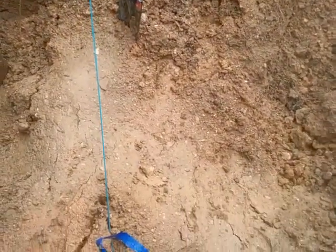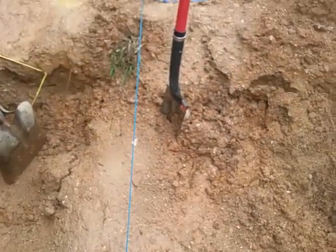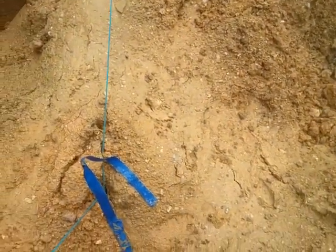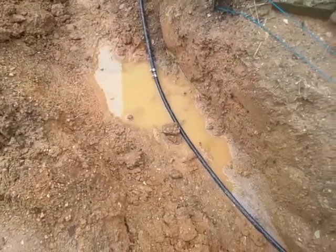Anyway, I'm gonna go straight out there. So just like between these two signs, do not dig kind of thing. I mean, it's water, ain't gonna blow up or anything like gas, but you get the idea. So sometimes you gotta make do with whatever. And then as you can see, it rained, and